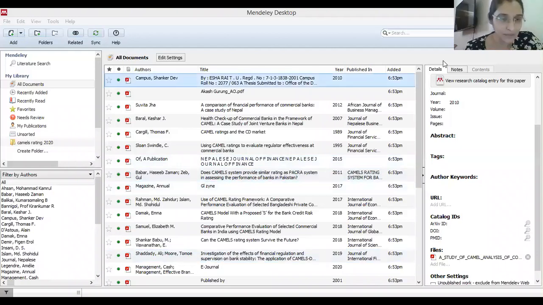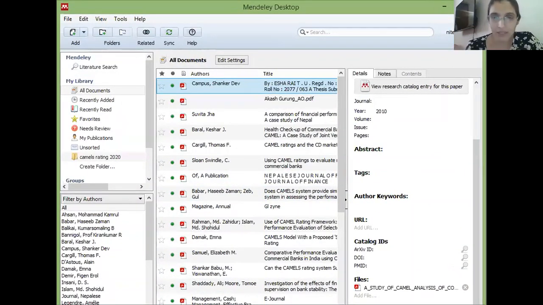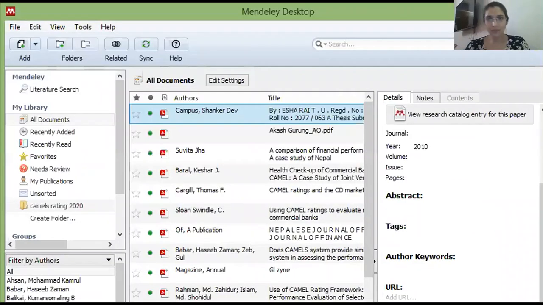Minimize your Mendeley desktop. Open a folder. Drag the folder to Mendeley. Please open a folder on your desktop. Drag and show. You will have to minimize it like you did previously.